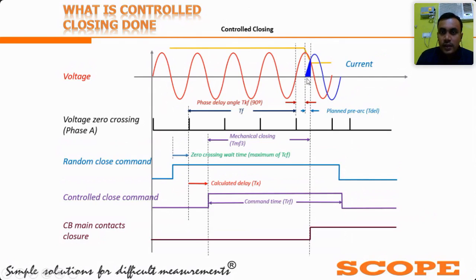Again, our concept is point on wave. According to this, whenever current starts at voltage peak, only in that condition can we minimize the inrush current. Not completely, but it will minimize it at a very good instant. So it is compulsory to start the